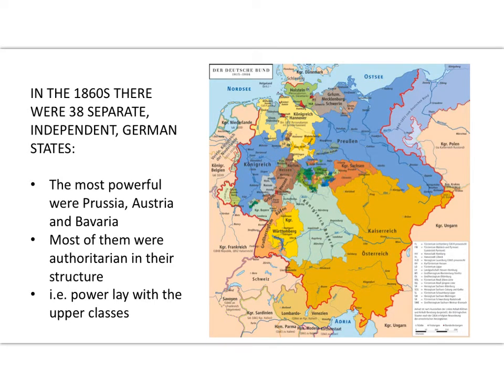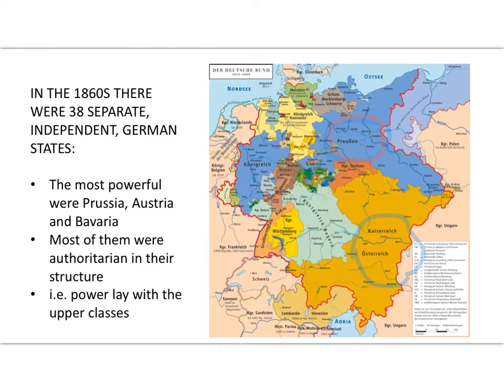So here's a map of Germany as it was in the 1870s, and you can see the notes along the side. 38 separate independent German states. The most powerful were Austria, the largest, Prussia, as you can see. I'll do it in a different colour so you can see it. As you can see, Prussia,